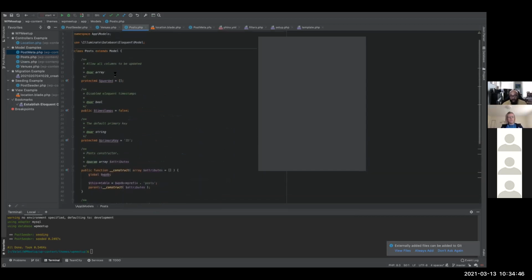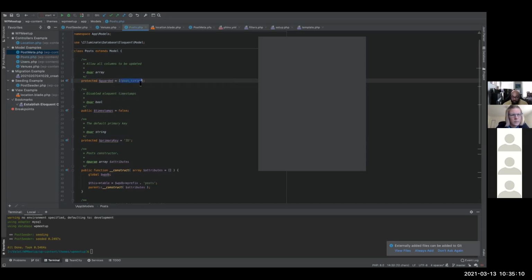But to go over a couple other pieces that you may see in here. Like guarded, what this attribute basically means is, whatever's in here, like if I put post title, then if I do an insert or try to save, you can't save anything to post title. So you can stop this from saving to particular fields.